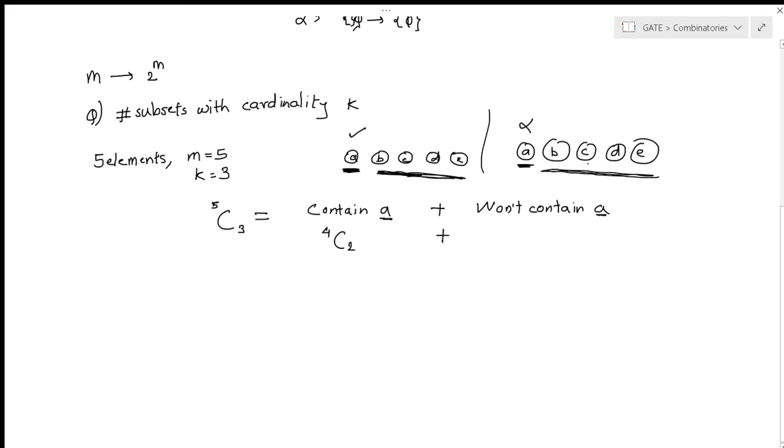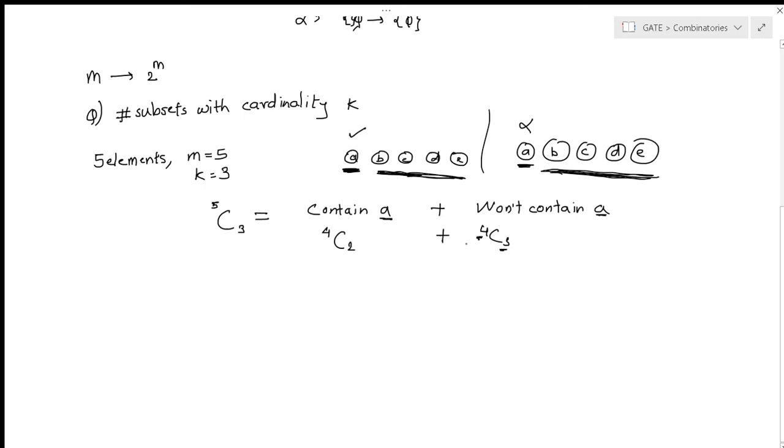So in order to take those 3 remaining elements, what choice do I have? I will have to take the 3 elements from these 4 elements, right? No other option is there for me. So what can I write? I need to take the 3 elements from those 4 elements. Out of 4 elements, choose the 3 elements, right? So did you get this idea?